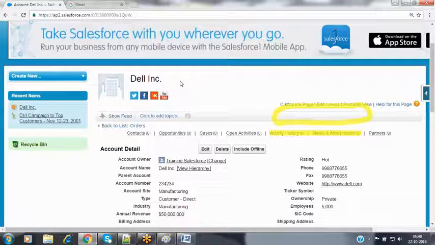In the same way, whenever you create a new record inside Salesforce, for each and every record, Salesforce will maintain a unique identification number that is called the record ID. For every record, Salesforce will allocate one ID, a unique identification number. So even though you create two account records in Salesforce with the same name, Dell Incorporation, with the same details, the IDs of those account records will be completely different. In order to identify each and every record uniquely, we use the record ID. So what is that record ID and what is the importance of the record ID? Now we will see.